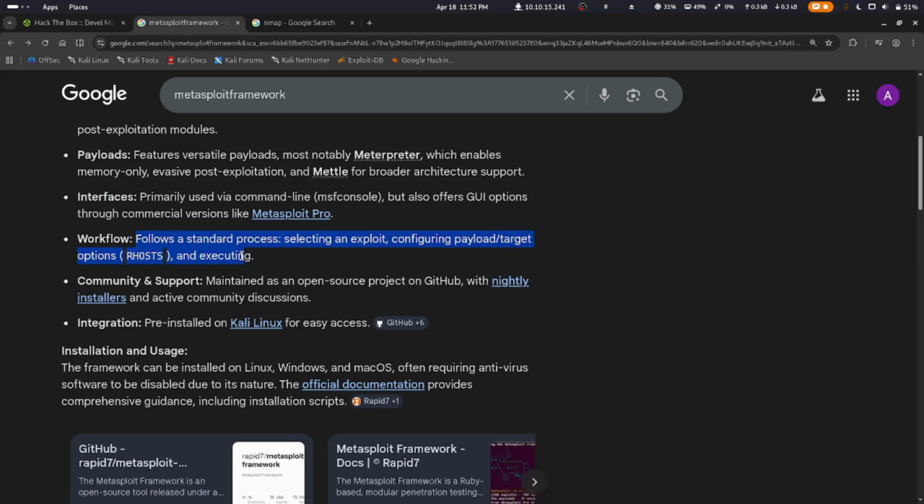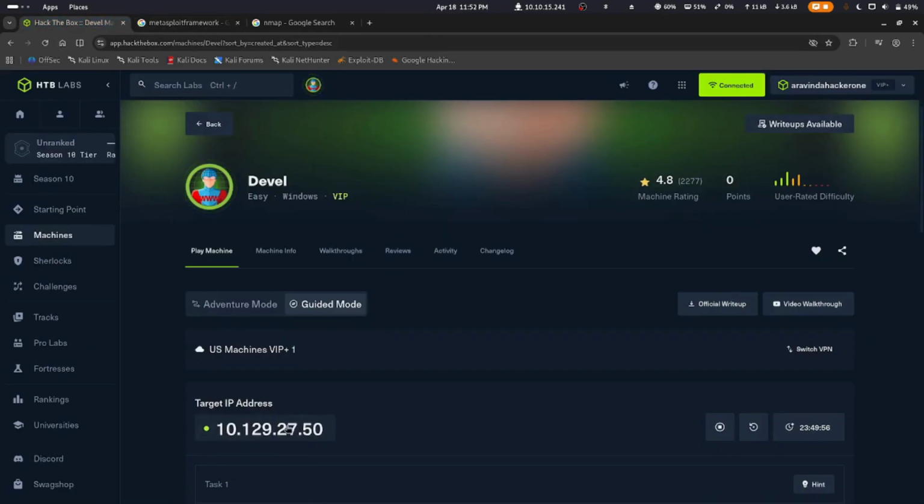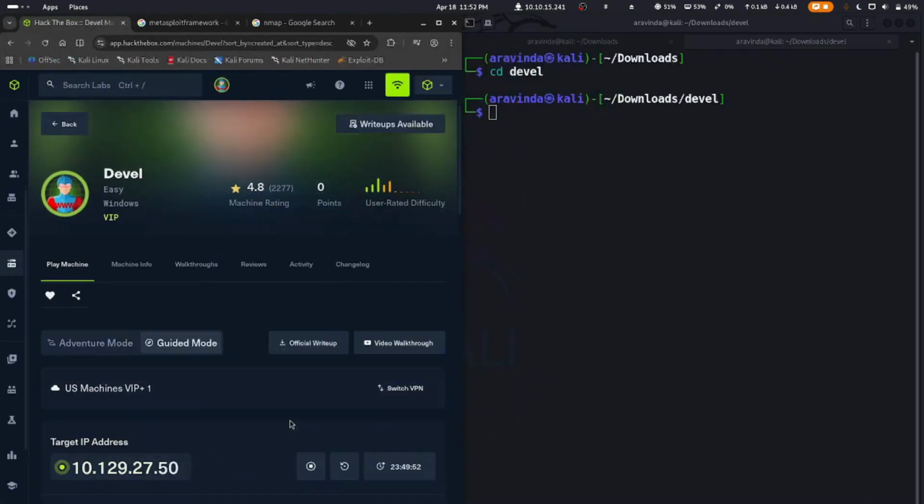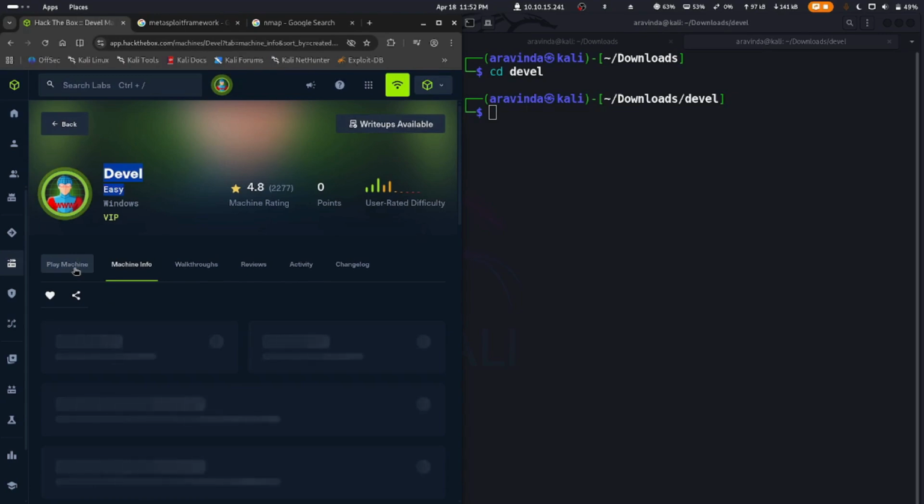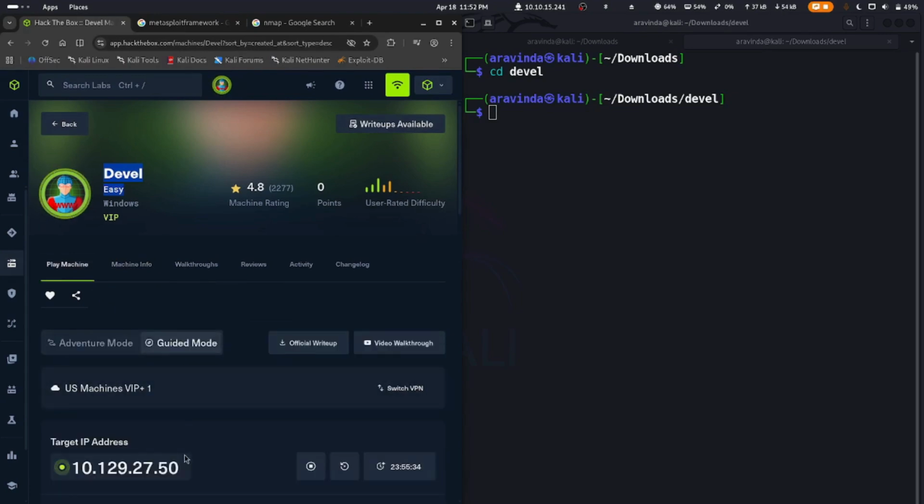I'll be explaining how to perform the workflow in the further part. The workflow is essentially how MSFconsole works and how to perform exploitation methods using MSFconsole. So we'll be dealing with the box called Devel,